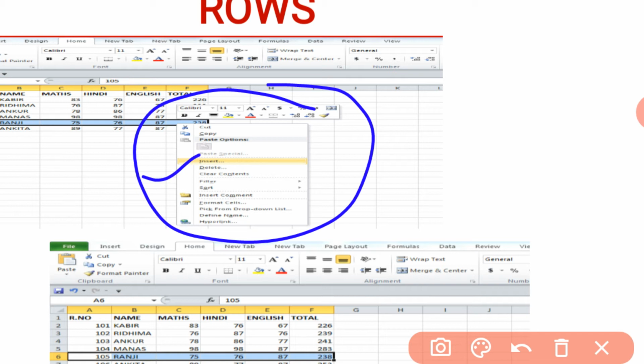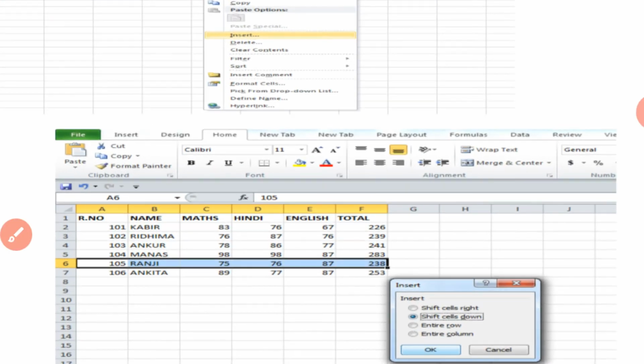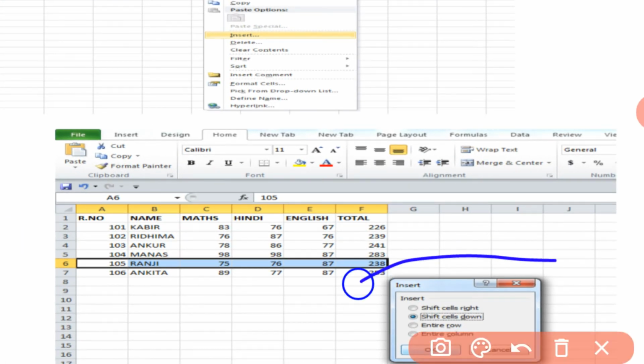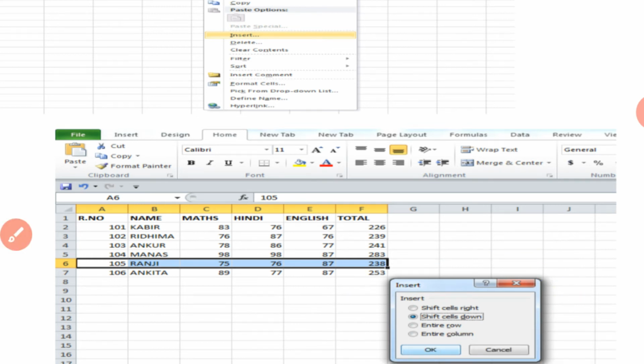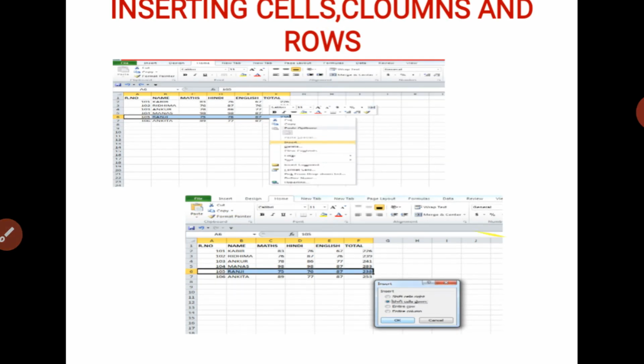When we click on the option insert, it will give us a small dialog box again, where different options are given, like shift cells right, shift cells down, entire row, entire column. We want to insert an entire row, so we just have to click on this radio button, entire row, and then click on the OK option. After that a new row will be inserted in our data area, right?